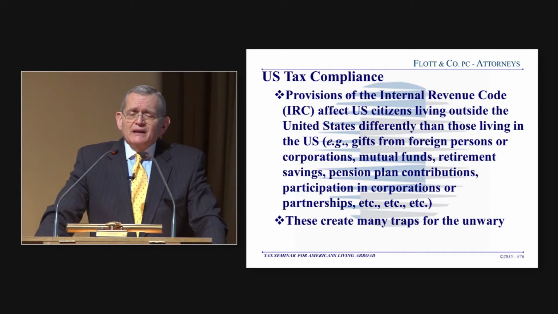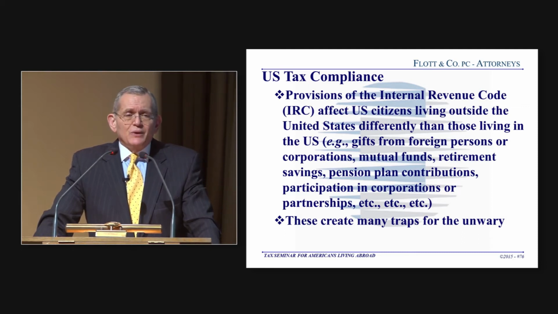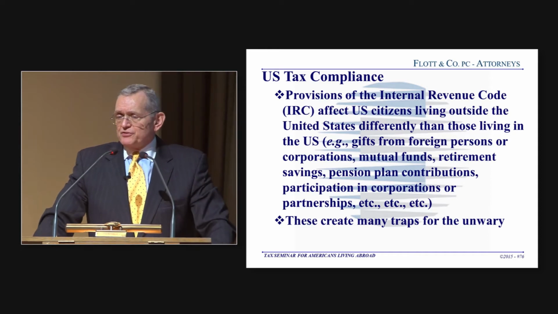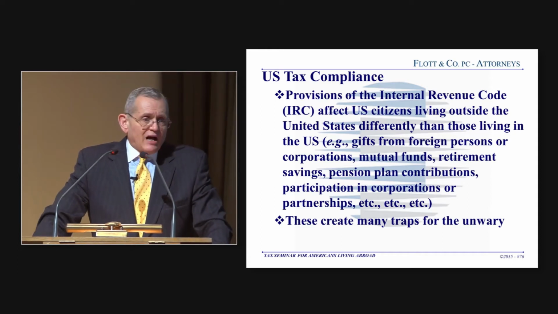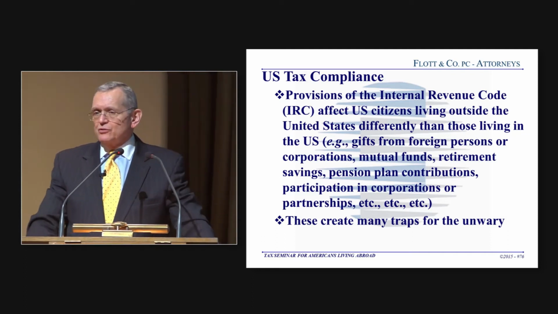So, for example, they're going to affect people differently. Gifts from foreign persons or corporations. If your mother is not a U.S. citizen, and she makes a gift to you who is a U.S. citizen, that is a gift from a foreign person. If your brother and your sister, who are not U.S. citizens, give you a gift, that's also a gift from a foreign person. Now, it seems odd, but the rule was adopted